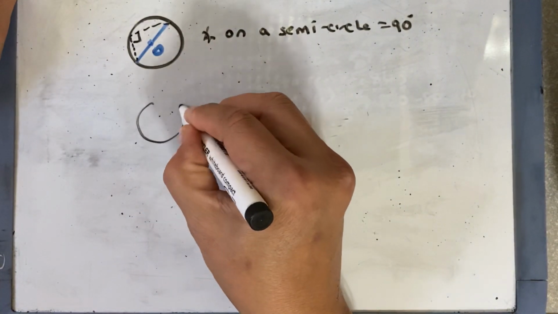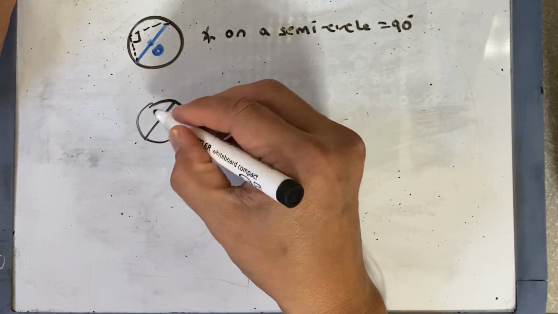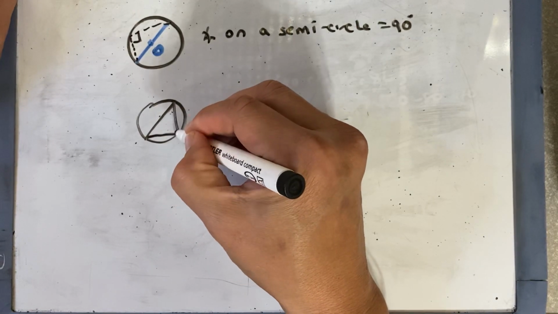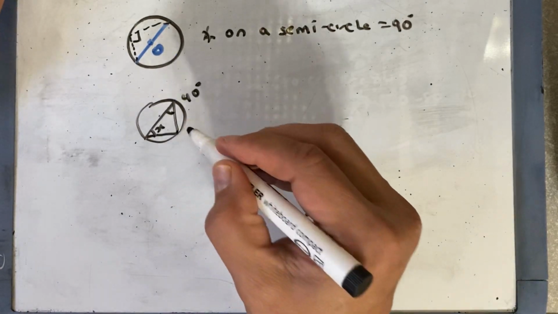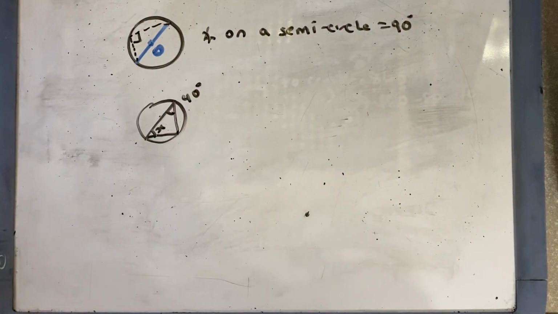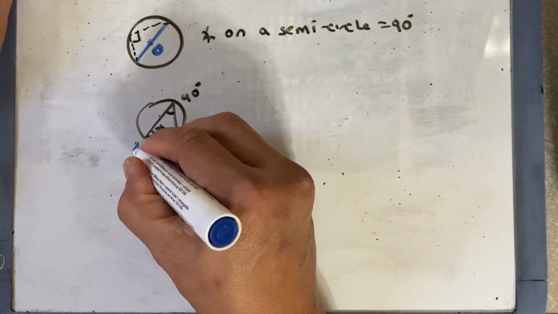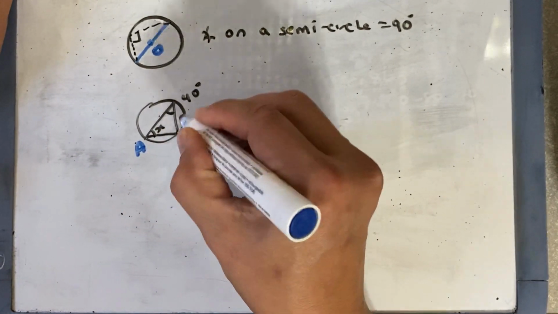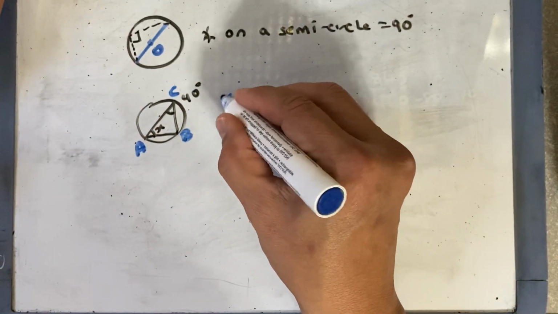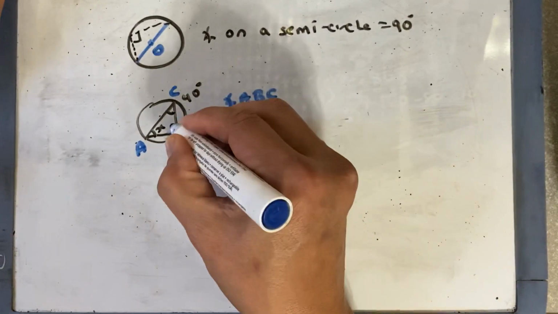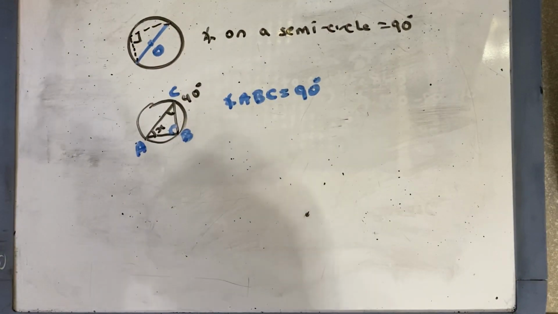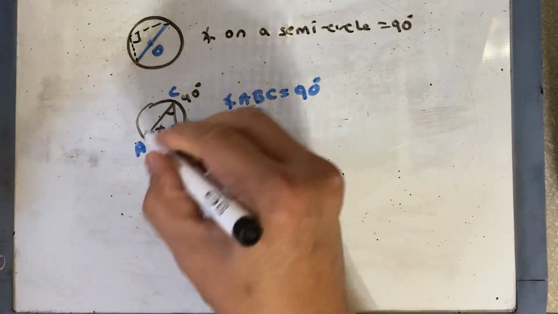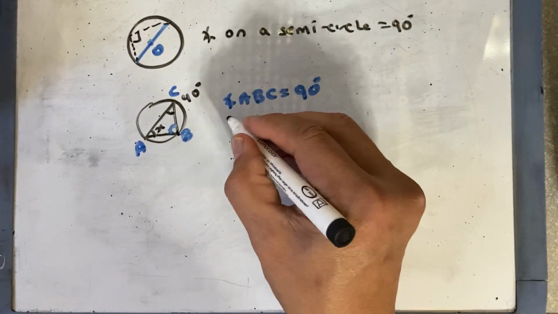So in the exam, you have a question that is 40 degrees, and you need to find angle X. So how do you do that? First you need to know, we label them as A, B, and C. So angle ABC, which is this angle here, has to be 90 degrees. Why is that so? Because the theorem states that this is a semicircle and any point on the circumference,